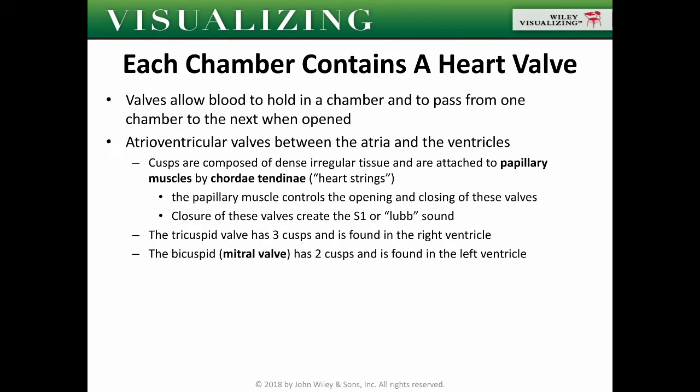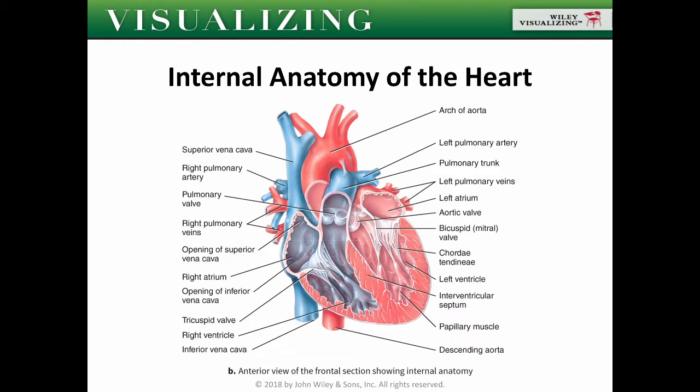Now, why do we have valves? Valves allow blood to hold in a chamber and to pass from one chamber to the next when open. So basically, the valve ensures that the blood flows in the correct way. Because if you're looking at this one, for example, between the aorta and your ventricles, if your ventricles contract,